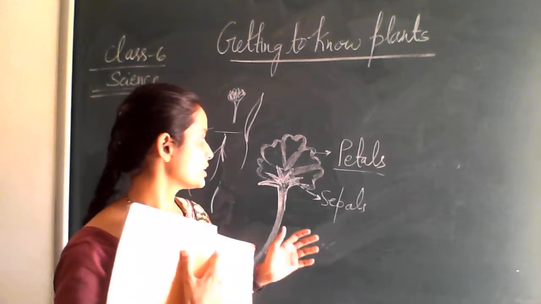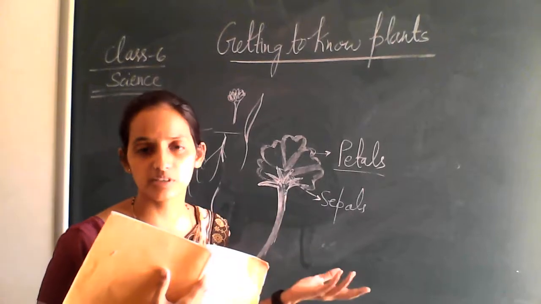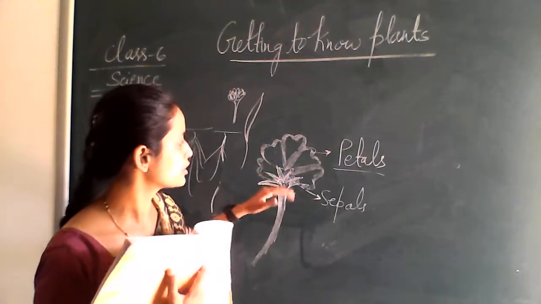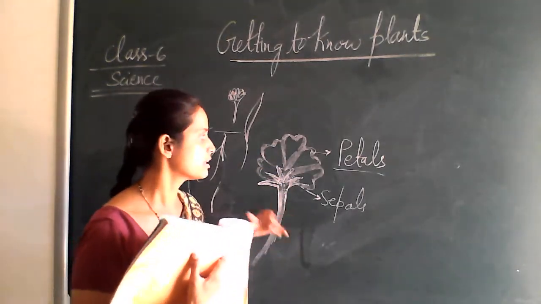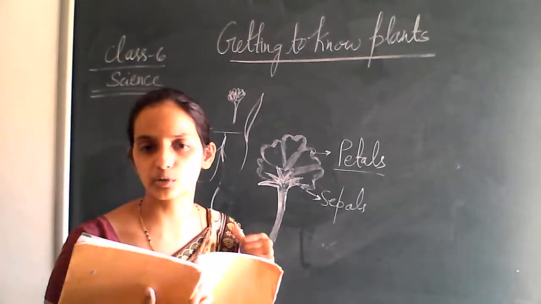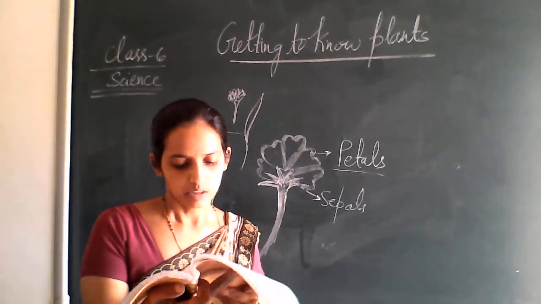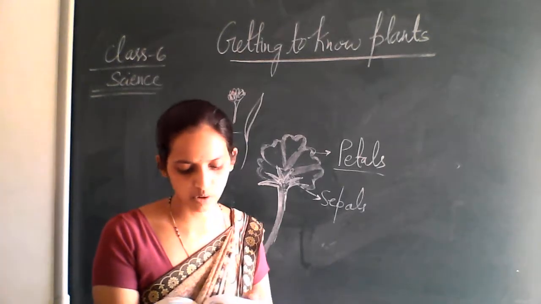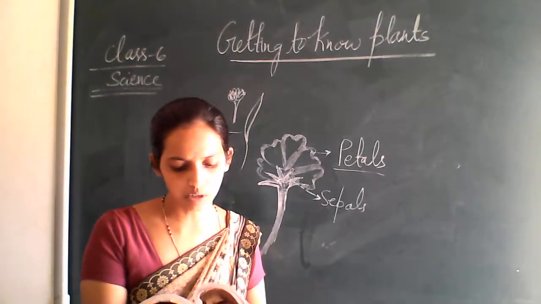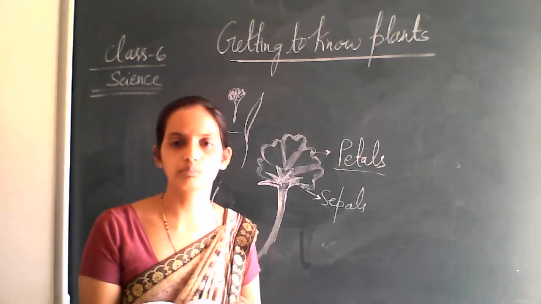Now we are going to see how the petals and sepals are joined in different flowers or different plants. Okay, first of all we have studied what is petal and sepal. We are able to differentiate between petal and sepal, right? In different plants, we are going to see the arrangement of these petals and sepals, whether they are joined or not. Okay. So fill the table based on the observation of the whole class and observation from a field trip to a locality where there are plants with flowers. Fill the last two columns later.